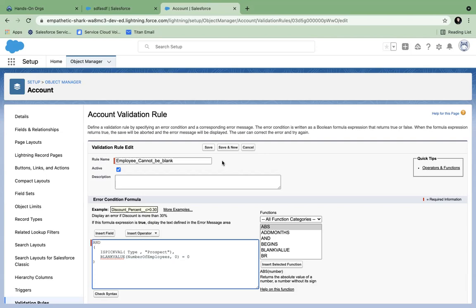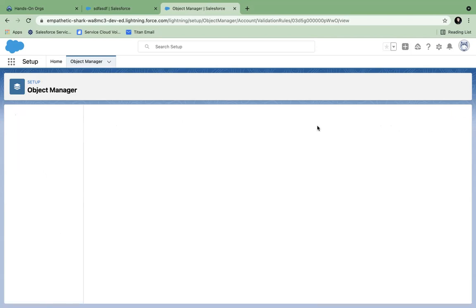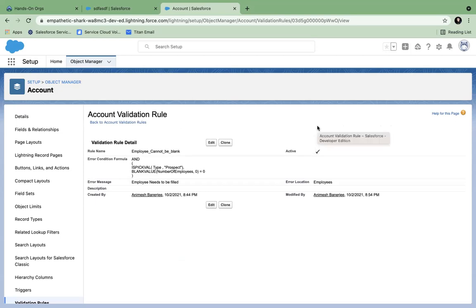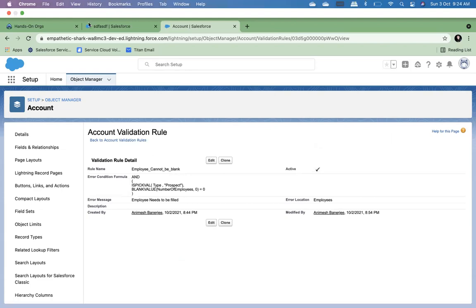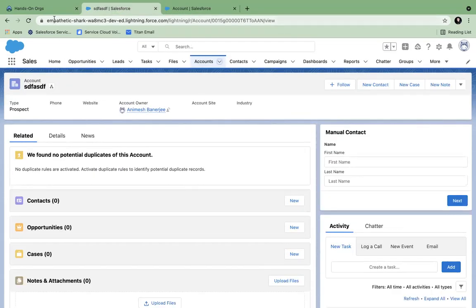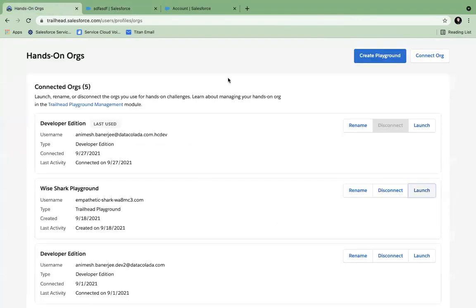Okay. So before we get into this, logic operators are very critical for you to understand. So I will build some validation rules and you will help me build them. Okay, then it will be easier.